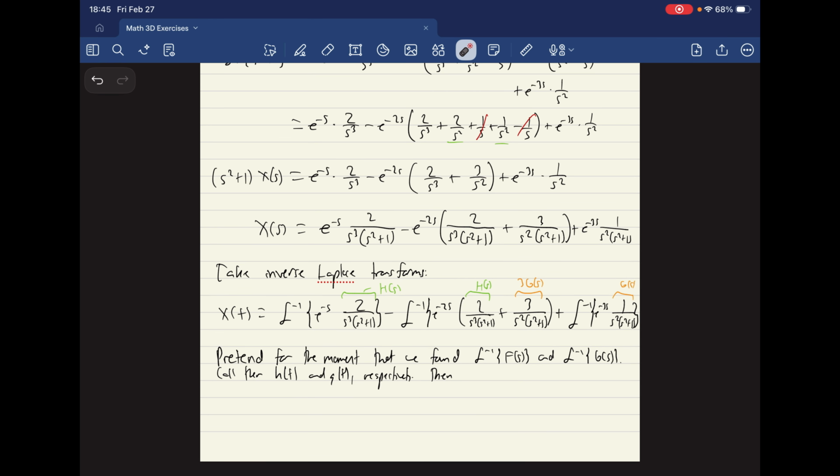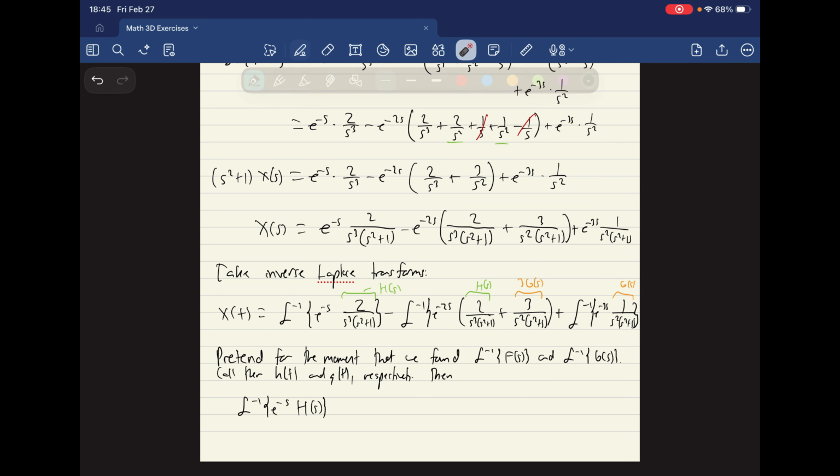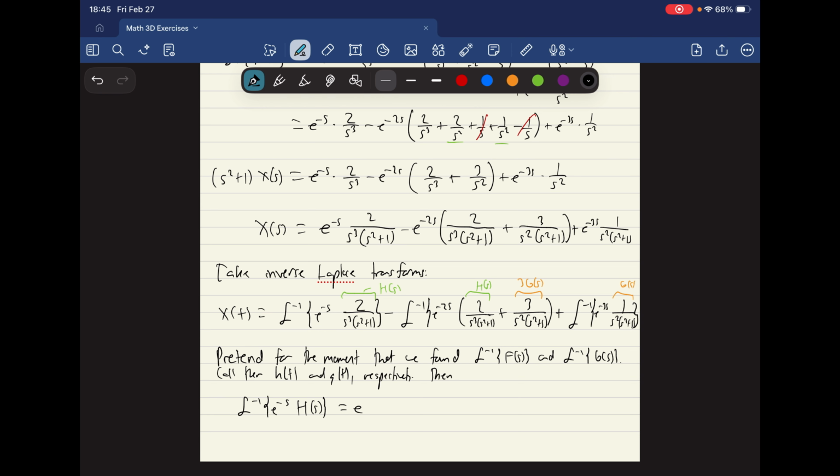Therefore, it follows that the inverse Laplace transform of e to the minus s h of s, which is exactly this inverse Laplace transform here, by the shifting property, now just applying it in reverse,